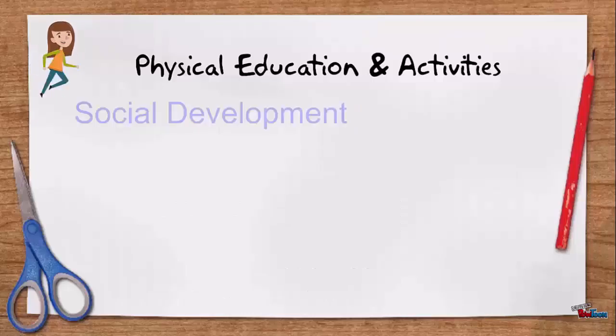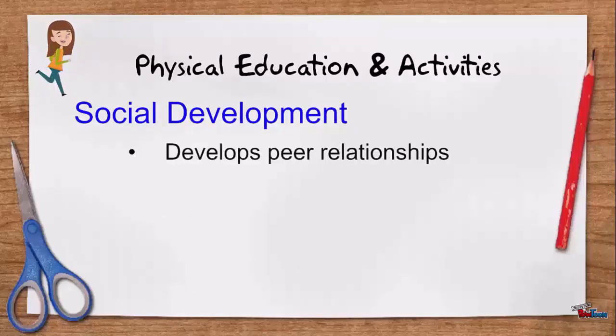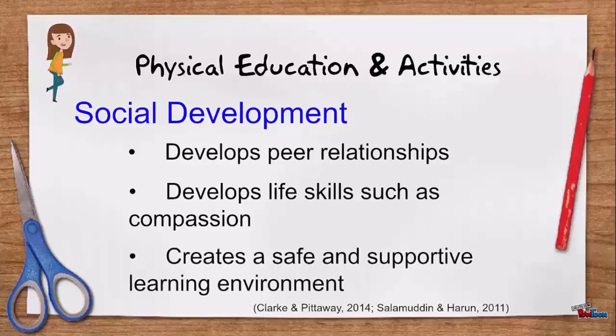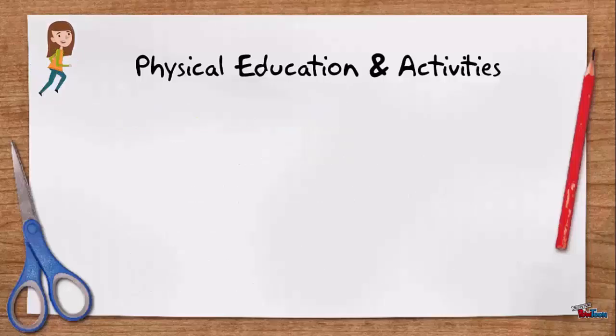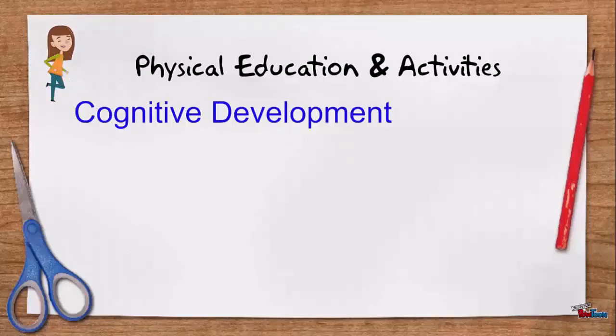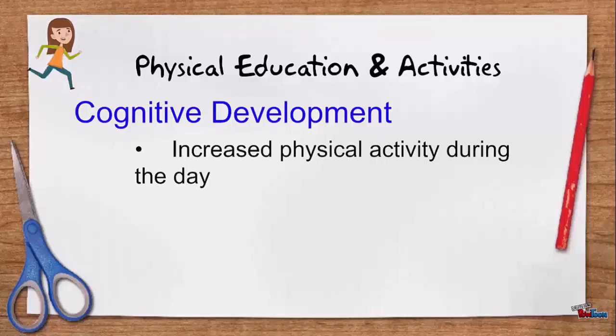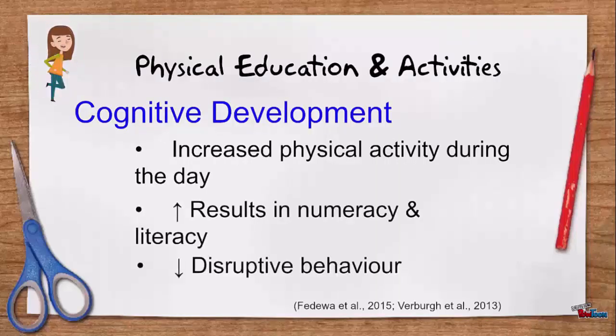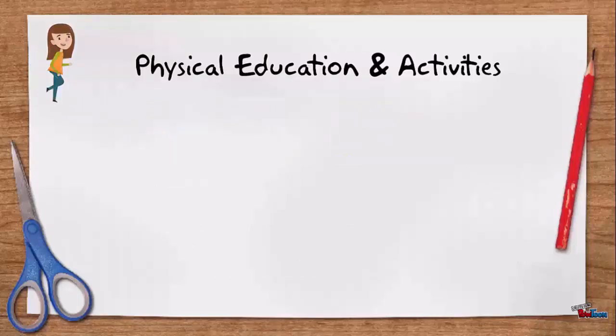Physical activities, both via school programs and weekend sports teams, can assist Kayla's social development by promoting the formation of life skills and the building of peer relationships. In relation to a school context, these positive peer relationships create a collaborative atmosphere, allowing Kayla to devote more concentration on academic work rather than the pressures of peer rejection. In terms of Kayla's cognitive development, research suggests that implementing additional physical activity programs into schools can increase numeracy and literacy results of students and decrease disruptive behaviour.